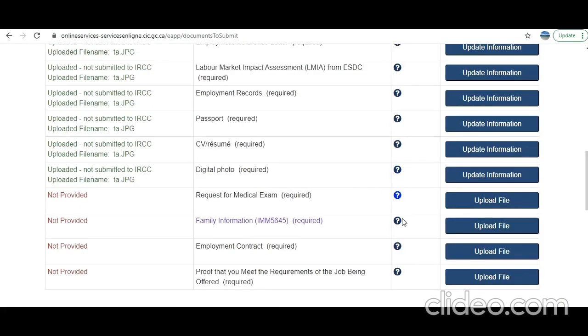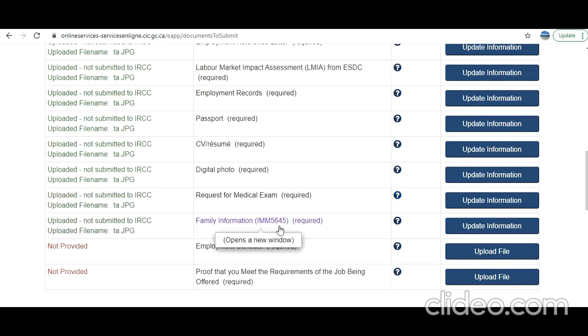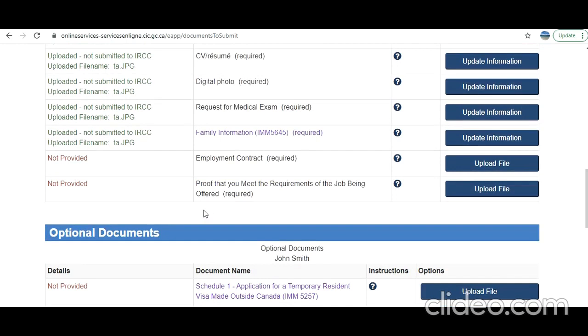Either you do this and then they send you a medical request, or if you know that you need an exam, you can go for the upfront medical exam. In my case, my employer told me to go for the upfront medical exam. I had submitted and it was absolutely successful. Again, I'm going to upload a sample document, and I also submitted a sample document of 5645. I have uploaded another video. I'll include the link there.